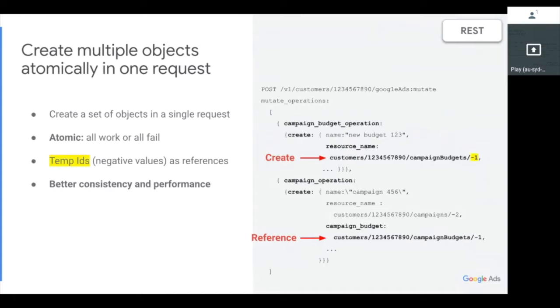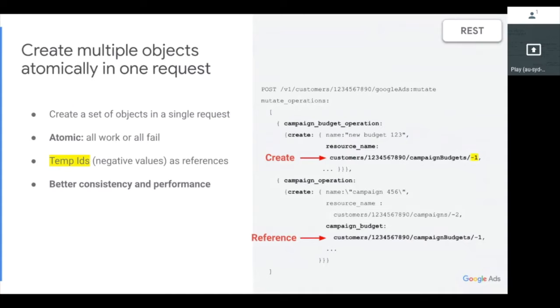After that, when we are trying to create a campaign down below, as you can see, when we want to specify the campaign budget, in a normal situation we usually use the real ID, right? Which would be something like a long digit number. But in this case, because we want to create them all together using the atomicity concept, we need to reference the campaign budget here by using the negative value. So this is exactly the same as this. And note that we also set the resource name for the campaign here too,